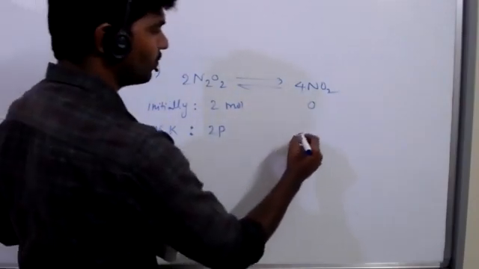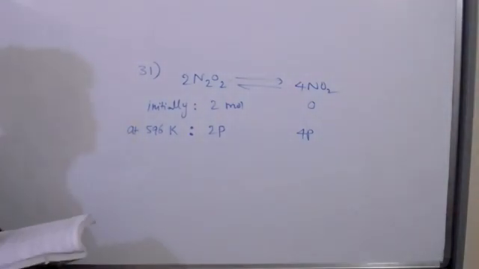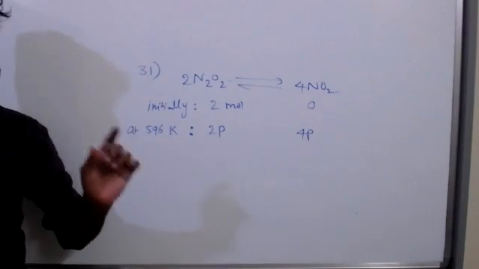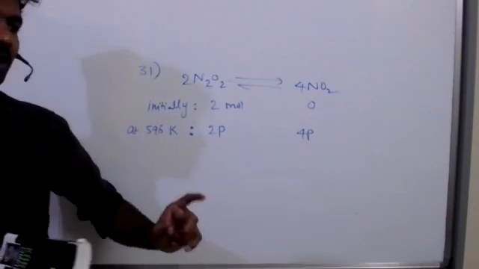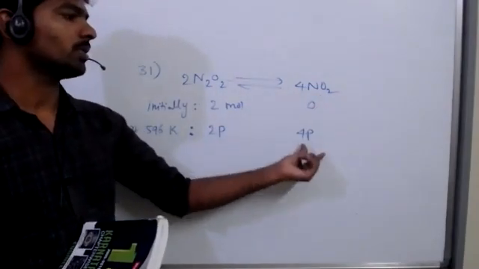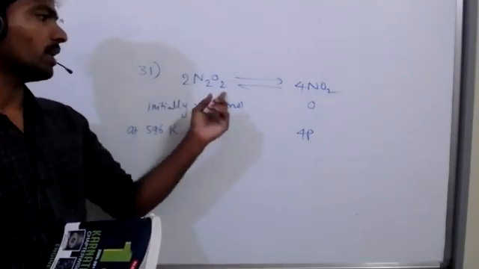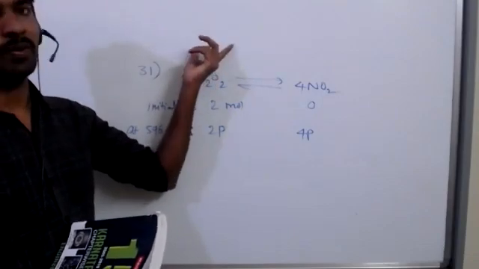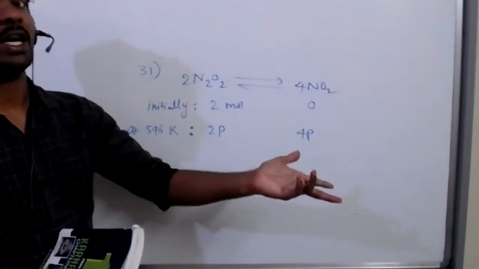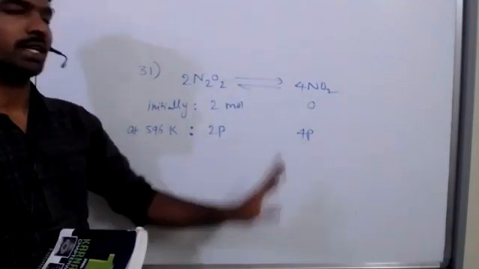It will become 4P. Sir, how 2P? Because there are 2 moles. The pressure because of a gas is just P only. We are considering the pressure caused by particular gases as P, but because of 2 moles, it will become 2P. Because it is 4 moles, it became 4P. Suppose the pressure caused by the N2O4 reactant is 5 atmosphere. Because of this, we can double it now to 10 atmosphere because it is 4 moles, double the number of moles of product, so double the pressure it causes.